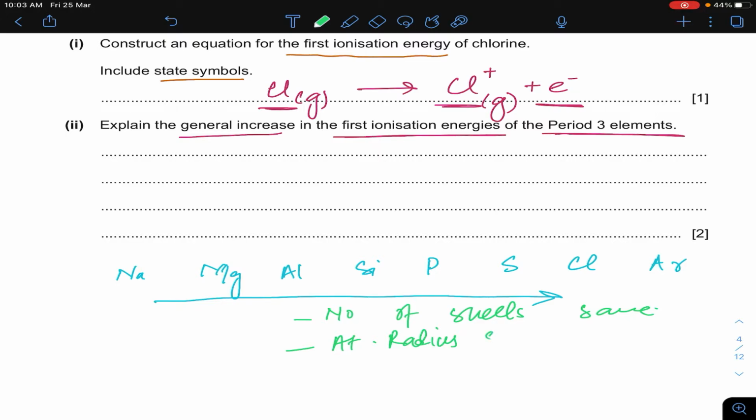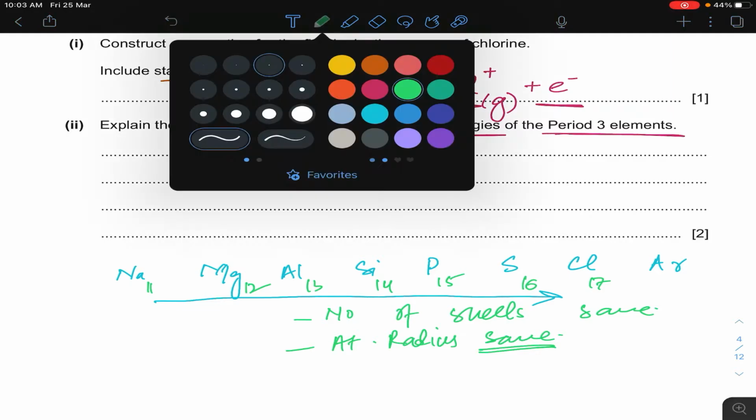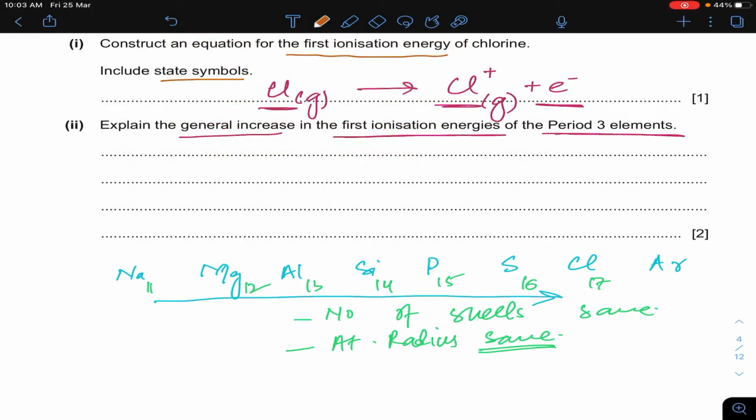So the atomic radius is almost the same, but the nuclear charge, or number of protons, increases. Sodium has 11 protons, magnesium 12, aluminum 13, silicon 14, 15, 16, 17. So the nuclear charge is increasing, the number of protons is increasing. And when the number of protons increases, the attraction of the nucleus for the valence electrons increases